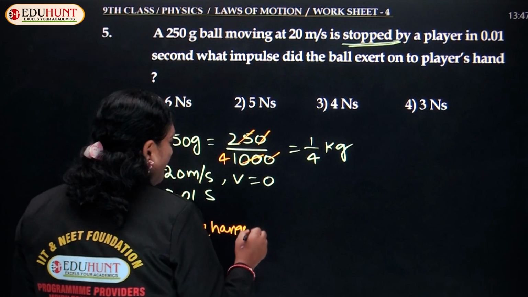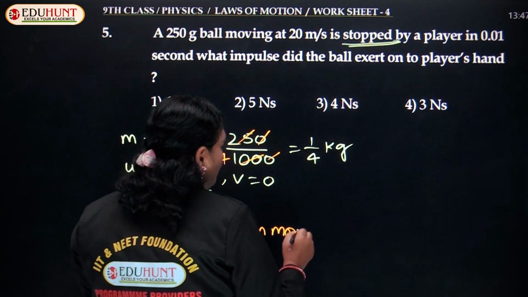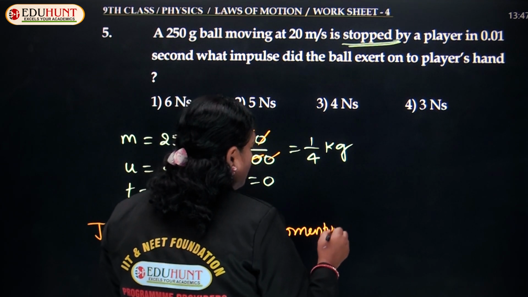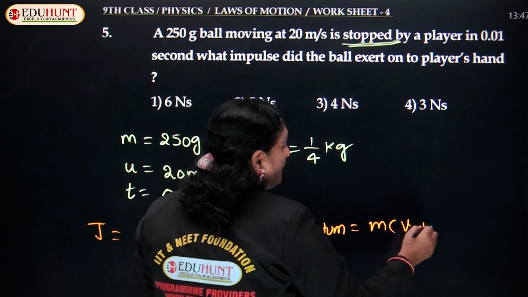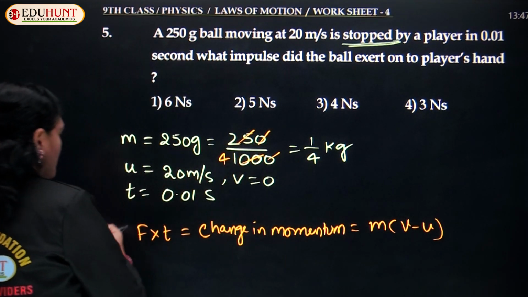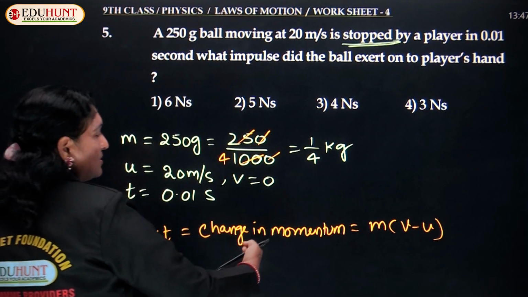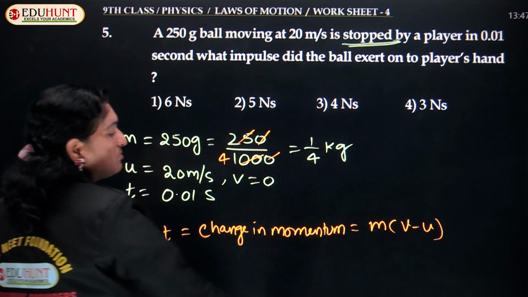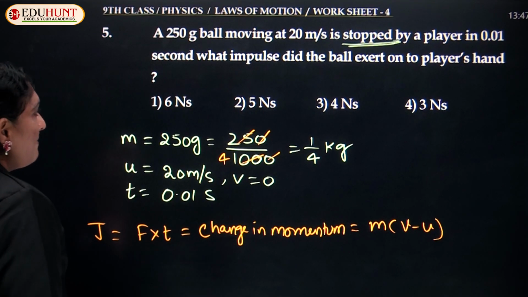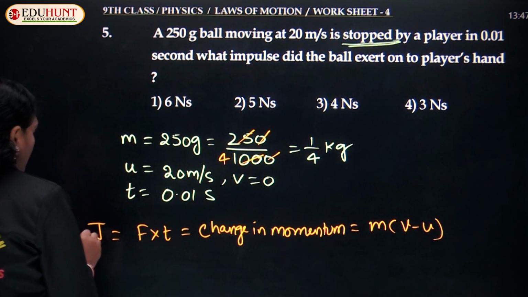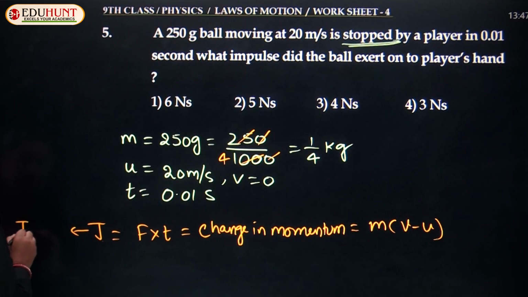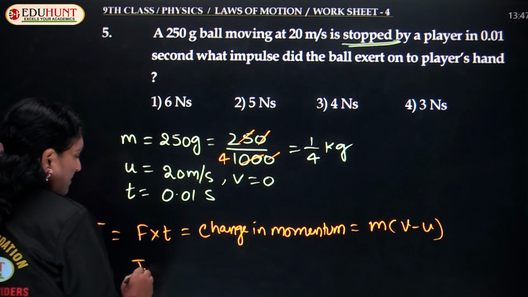So change in momentum can be given as M into V minus U. So J is equal to F into T, which is also equal to change in momentum, and change in momentum can be written as M times of V minus U. Therefore, J indicates your impulse. Here J is nothing but your impulse. Hence, impulse is equal to